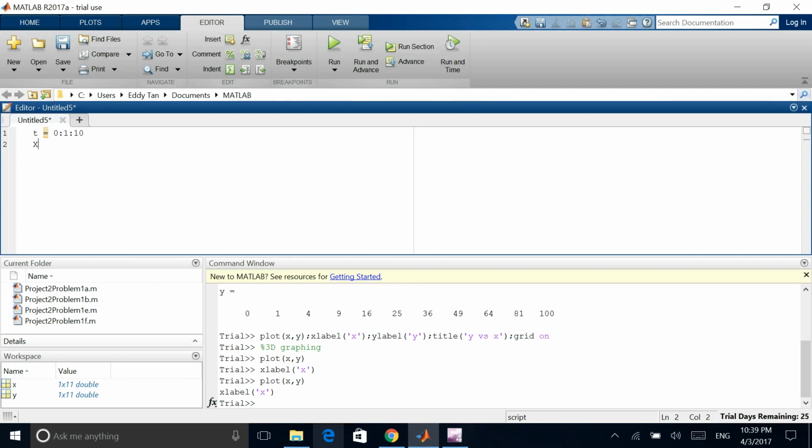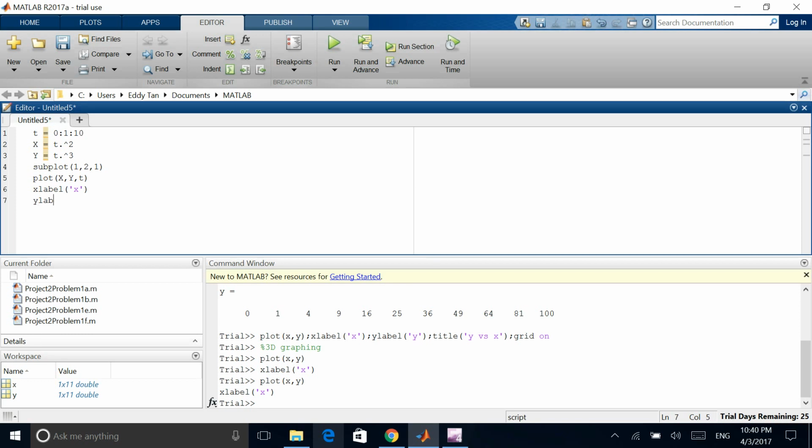Let's say capital X, t squared, Y, t cubed, and then subplot, what you would want to do in a 3D plot, because it shows you the specific place you want to be putting your graph in. And then plot3 x, y, t, xlabel x,